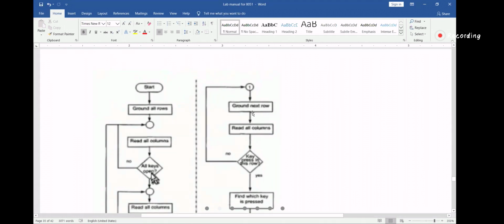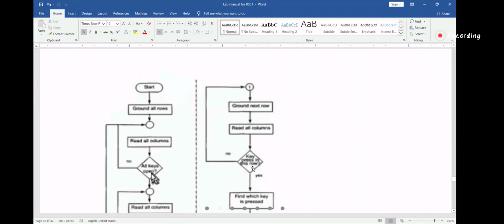Earlier it was ground all rows, but here it is ground next row. That means other rows remain one. Read all columns. If the key is not pressed, go back. If there is a change in the column, then the key is pressed.